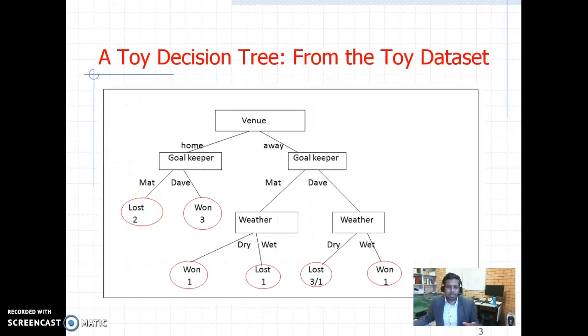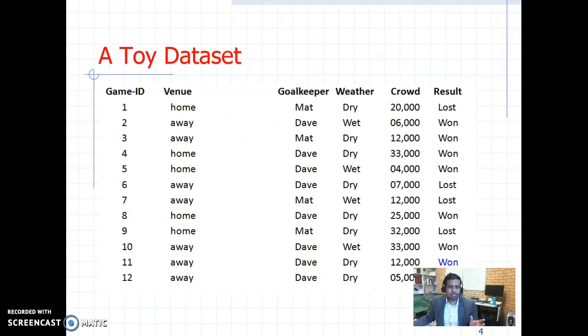A decision tree is like a tree structure. It's a tree-like structure, as you can see on this figure here, and a decision tree can be built automatically from a dataset by using various existing tree building algorithms. So what is a dataset? By dataset we mean something like this, a two-dimensional table where rows are records and columns are